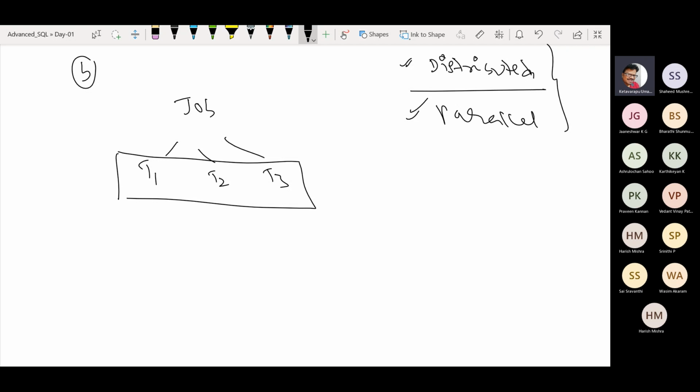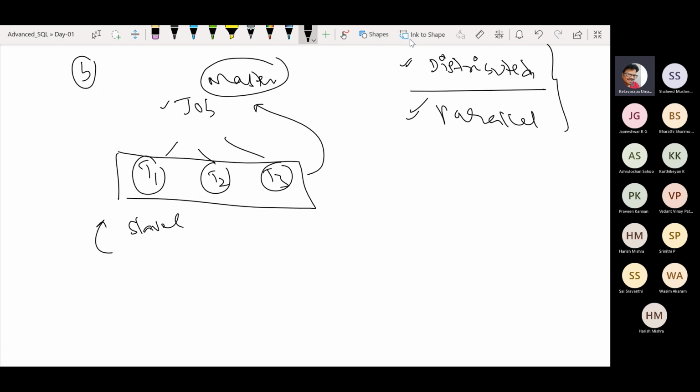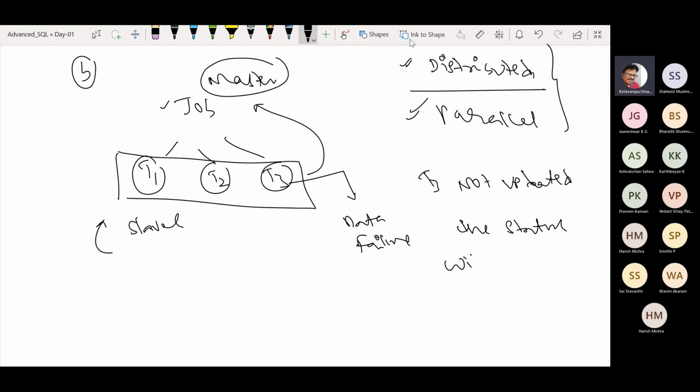OK, that is expected. Now you see task 1, task 2 and task 3 of a particular job. These tasks are nothing but the slaves, and they should update the status information to the master. But due to some reason, maybe unavailability of the data or failure of the task, T3 did not update the status with the master. Then what is the solution for this, guys? As mentioned earlier, the solution is